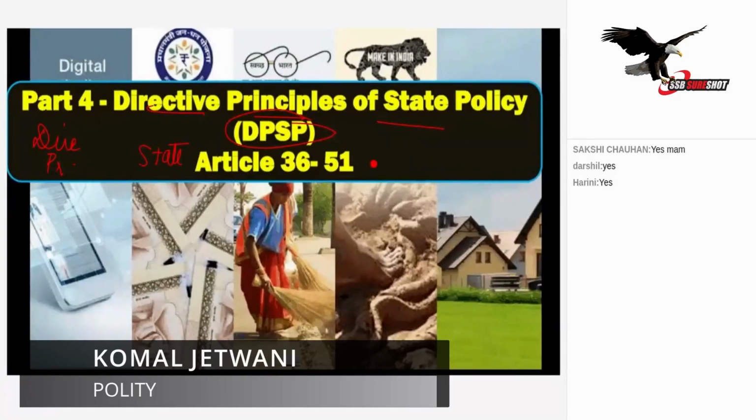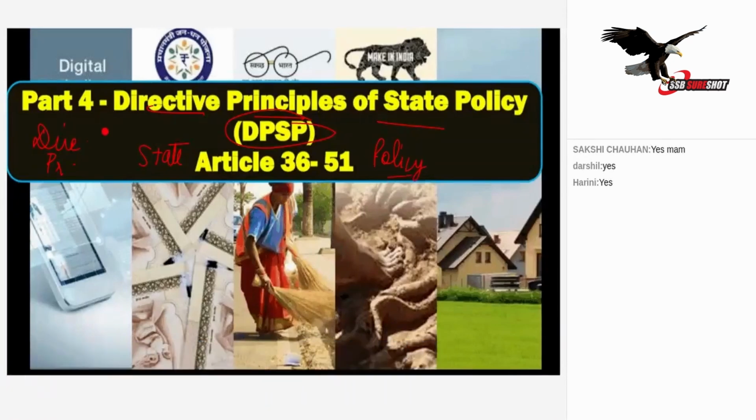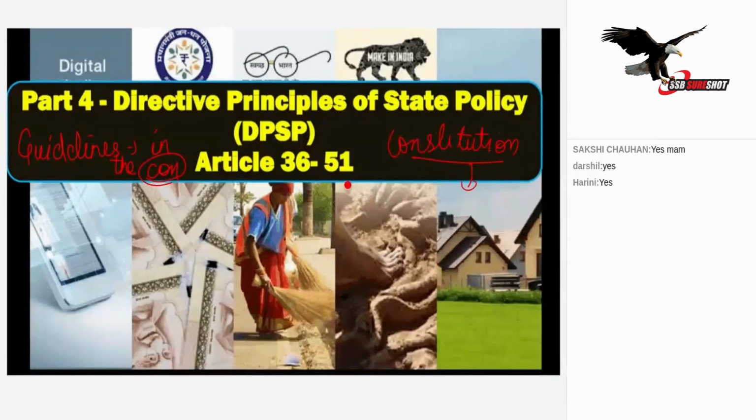Today's topic is Directive Principles of State Policy. What does this mean? DPSP basically means that there are certain guidelines given in the Constitution, and these are the guidelines which tell the government, or which tell the